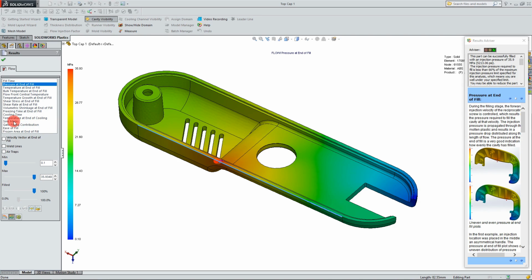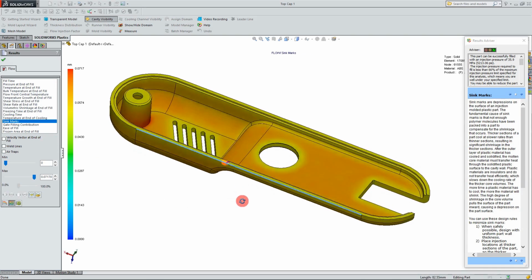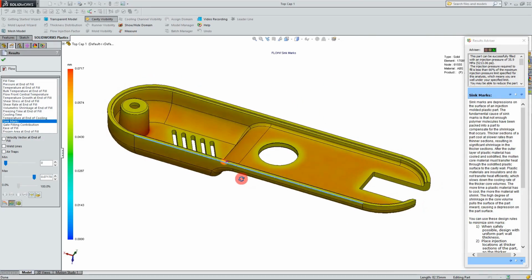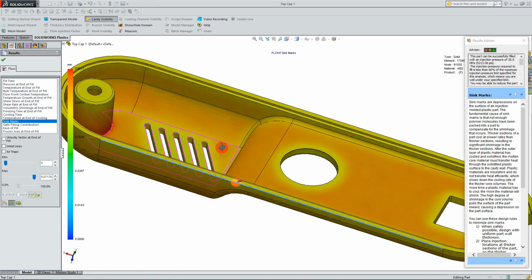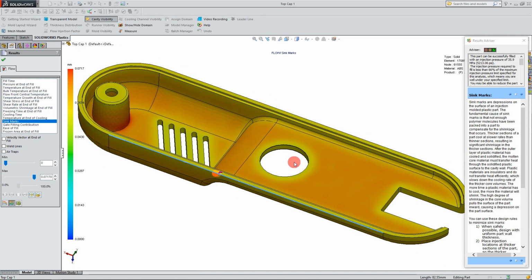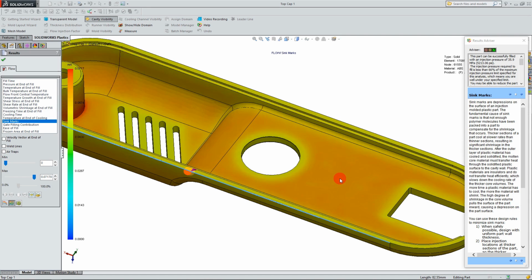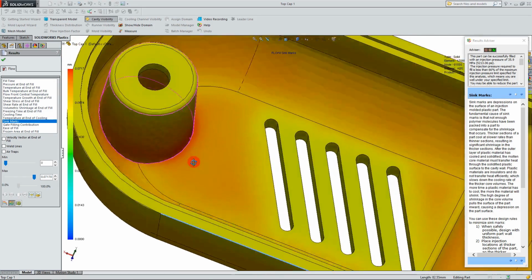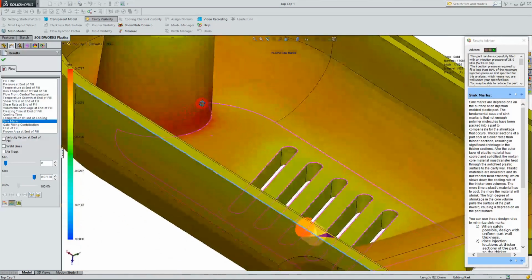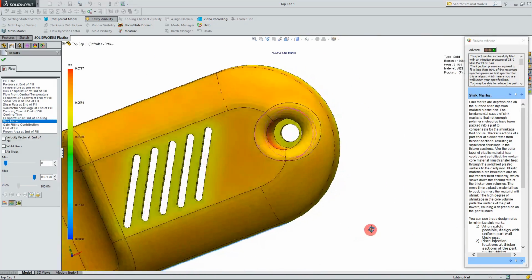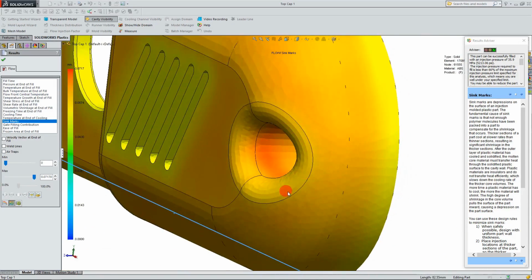We can come to sink marks, and this is probably one of the most useful underneath maybe pressure at end of fill, because it's going to show you all the places where you're going to experience shrinkage. So as you can expect, sections with a little bit more material are going to obviously have more sink marks, because the more material you have in a section, the more it's going to shrink. So here we have a boss, and the edge here has a good amount of material, which is going to shrink a little bit. And if you look on the other side, you can see that on the inside here, there might be a